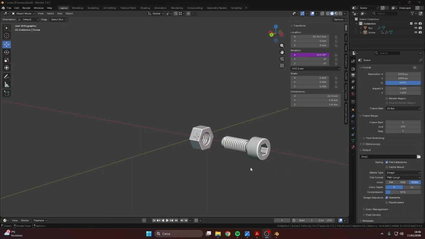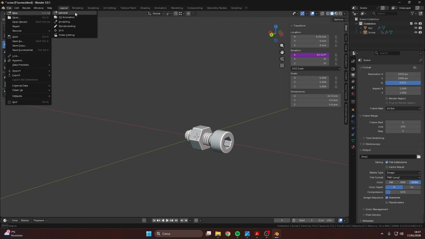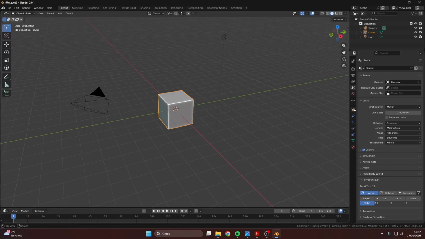Hello fellow modelers, this tutorial will focus on how to model an actual screw and its nut to precise scale in Blender. The first thing we want to do is set the scene correctly. So we go to scene properties and make sure that millimeters are selected. Now in my case this is already done. I saved my own custom startup file so I don't have to do that every time, but in any case